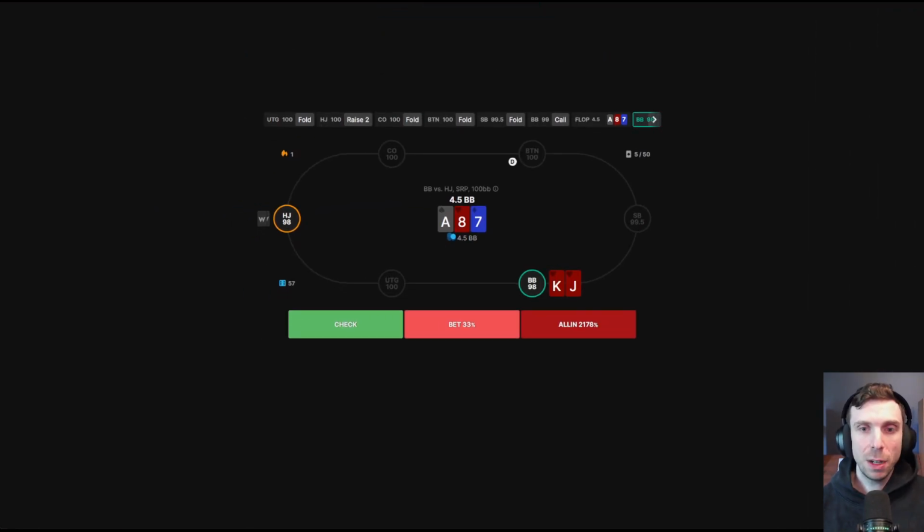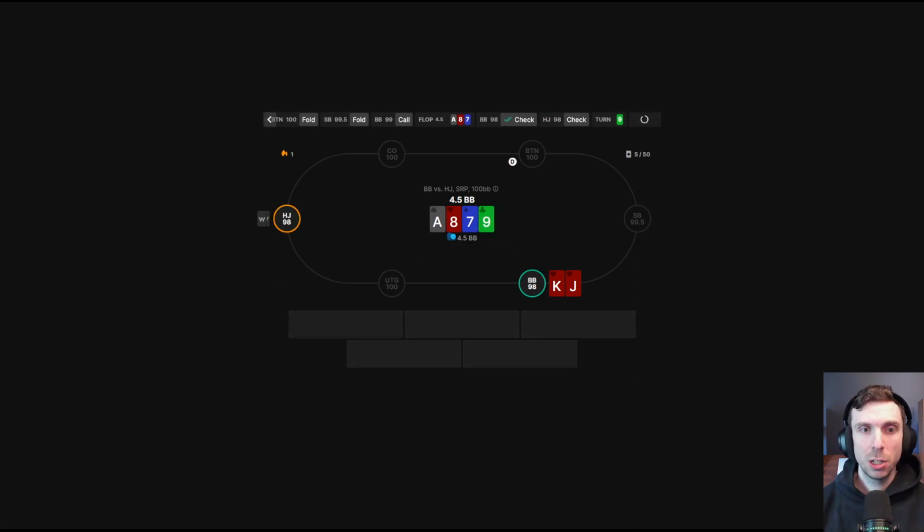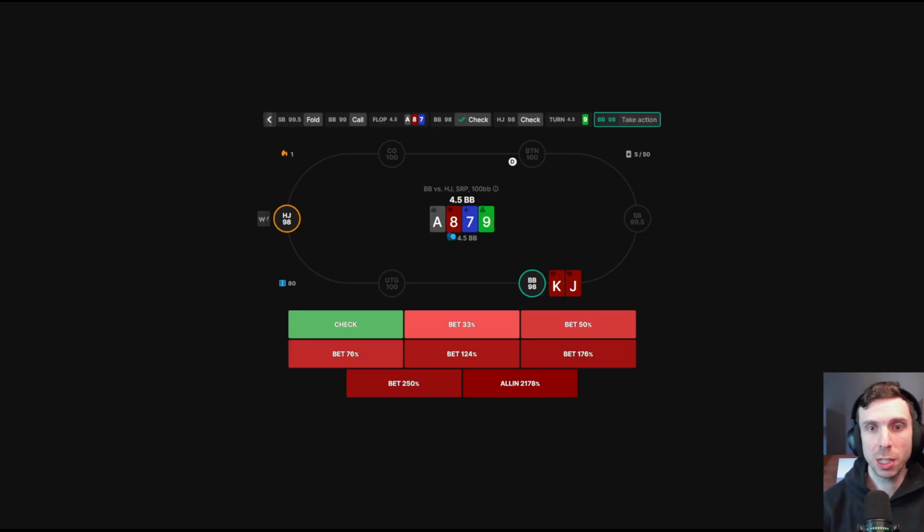Ace 8-7, big blind versus hijack. We're never leading this flop texture. Check, check. Okay, so here's the interesting spot that we haven't looked at yet, which is on a delay c-bet scenario when the big blind is to act. So versus a check as the big blind, to put it more simply,